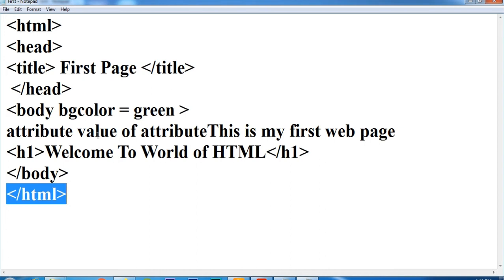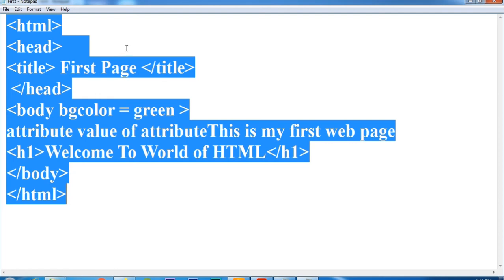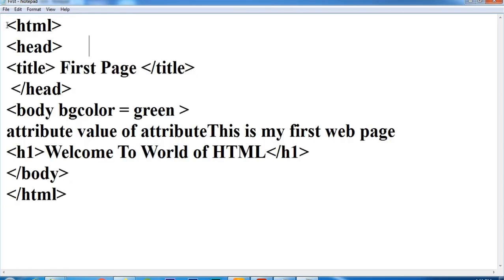Other things we have to add in the programs later, but if you want to make an HTML program, the basic things you need are these: HTML, head, title, title close, head close, body, body close, and HTML close.